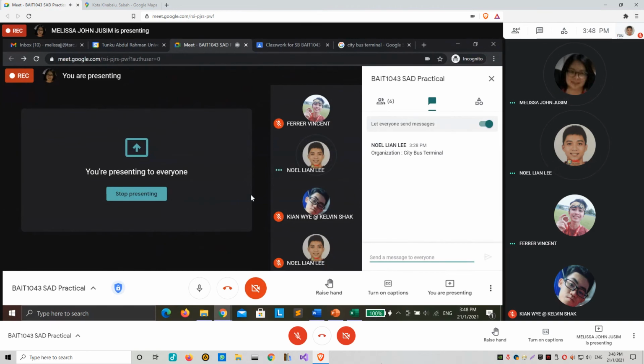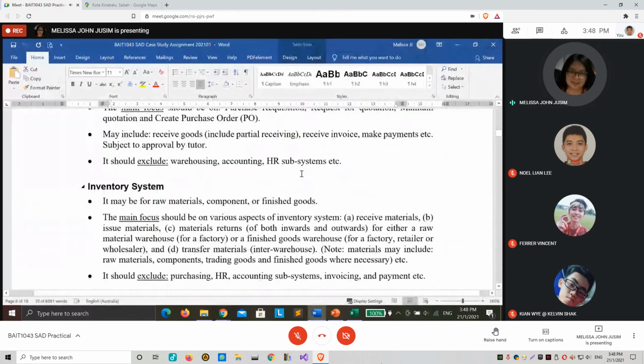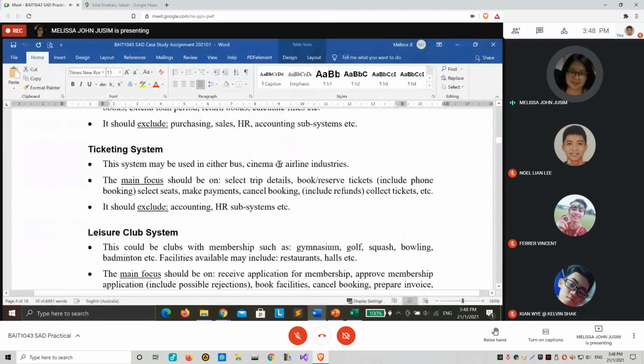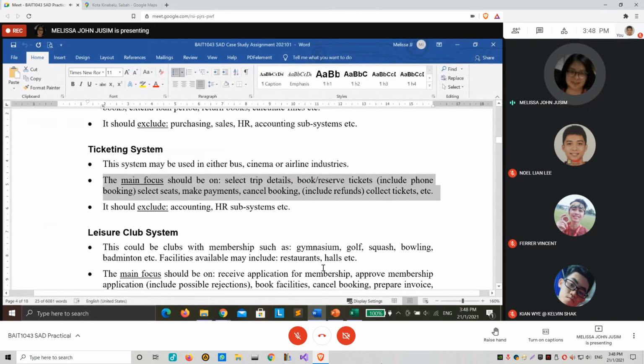No, only cinema tickets. Yes, cinema. Because the way a cinema operates is a little bit different. If you look at the top here for the ticketing, you need to focus on selecting the trip details, how to book and reserve tickets, select the seat, make payment, cancel booking.